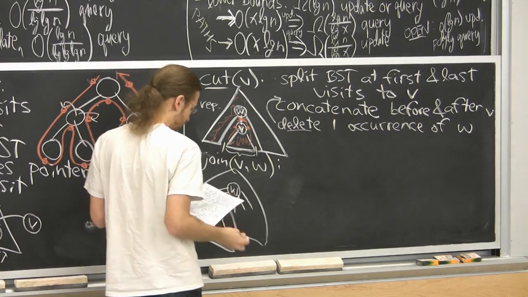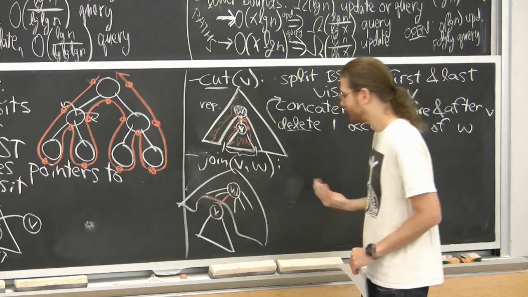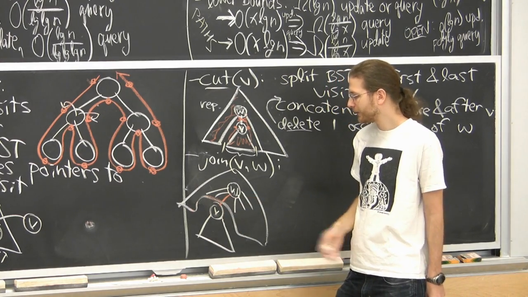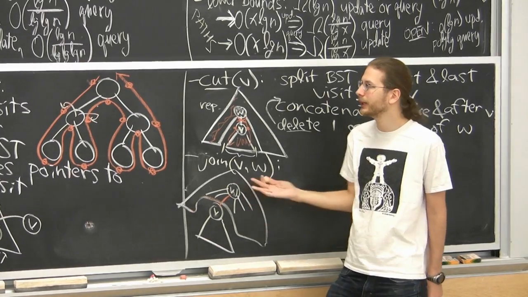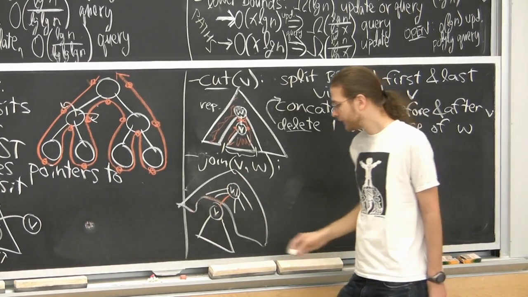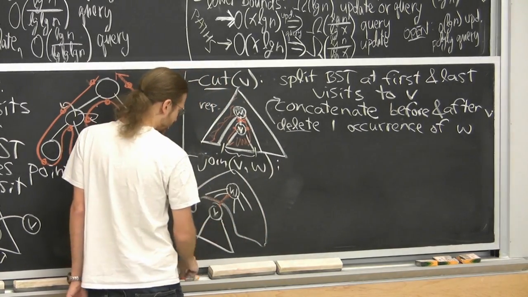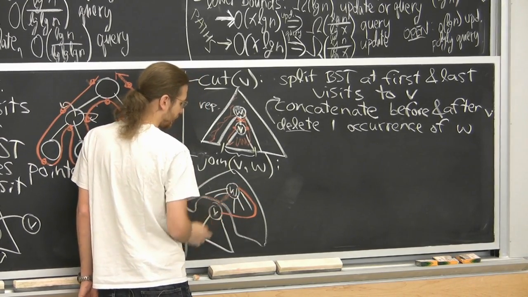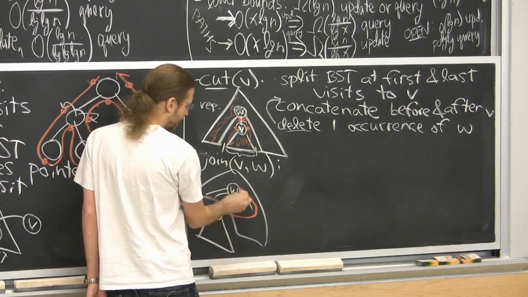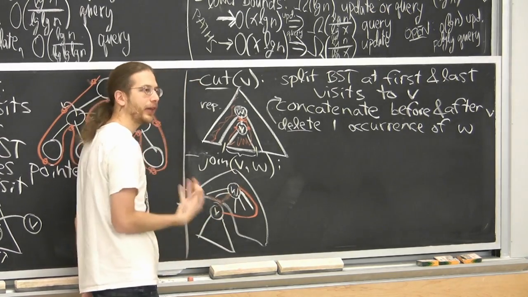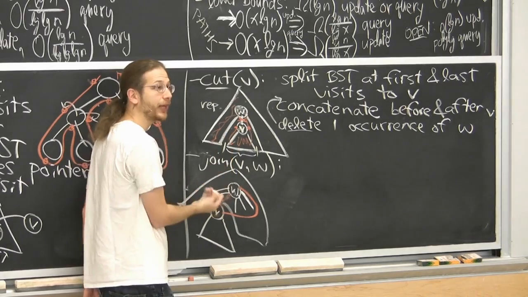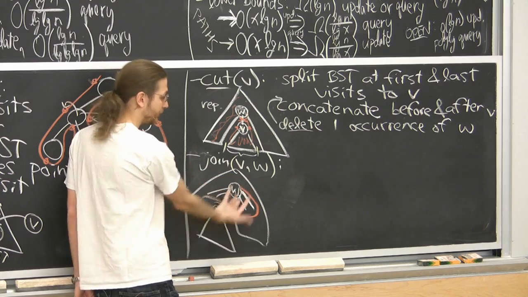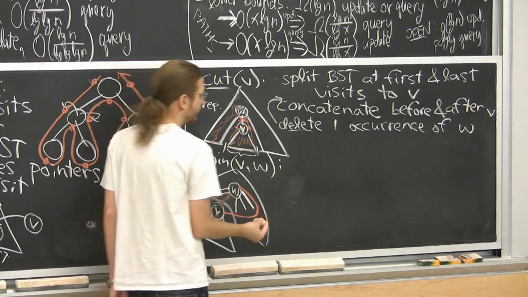So what do we do? Sort of the same thing. We know we want to put v in here somewhere. It actually doesn't really matter where we put it. We're not keeping track of the order of nodes in here. So I'm going to simplify my life and say, let's put v at the end. I want to make v the last child of w, like this. After we visit the last child, we come back and do the last visit to w. So I'm going to look at the last visit of w, cut the tree open there, and stick this part in. Cut the Euler tour in half there.